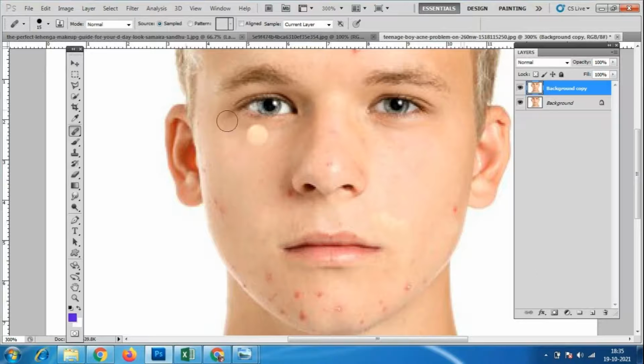Okay, so like that. This method is a little difficult. But see, a white patch has come over here. So just reduce the brush size, press Alt, and look here. See, it is not visible. Near this we have dark skin, and again here we have light skin. So always use the same approach. Okay, so like this, you have to make the changes.